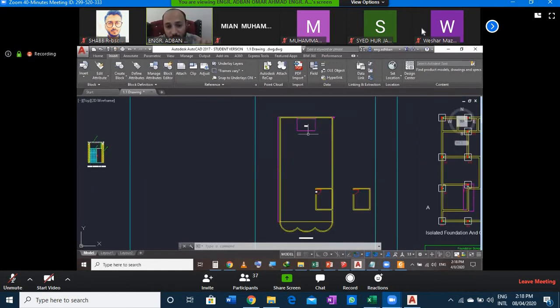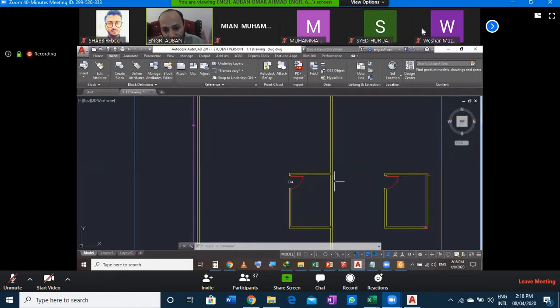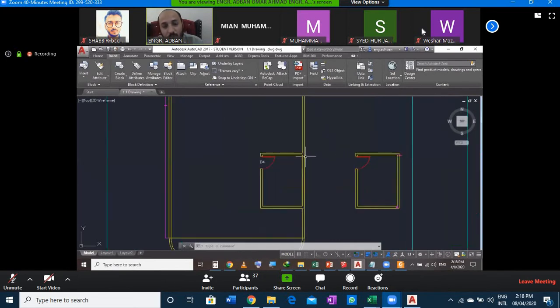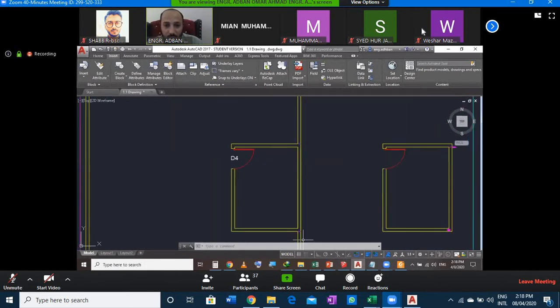But now please focus with me on this one. On this side, it is clear there is no deduction at all. But if you pay close attention to this side, we have a multi-plan, right? This multi-plan was constructed separately, or previously, so we do not need to take this quantity again. If you remember, I told you to practice calculating the brickwork for the multi-plan. So if you include this portion again, it means you are taking it twice. So what we have to do is deduct, because this one is already calculated during the